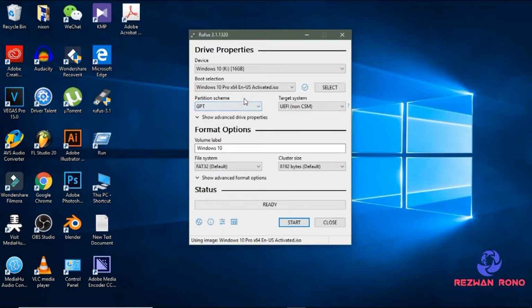Now, partition scheme. This option is very important, because if you have a GPT type hard disk partition, you have to select GPT, and if you have an MBR type hard disk partition, then you have to select MBR. I will show you later how you can find out your hard disk partition type. Leave it as default as it is, then